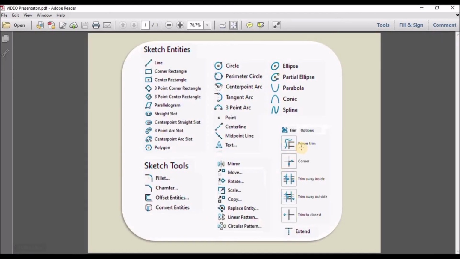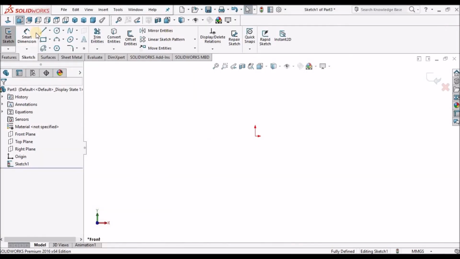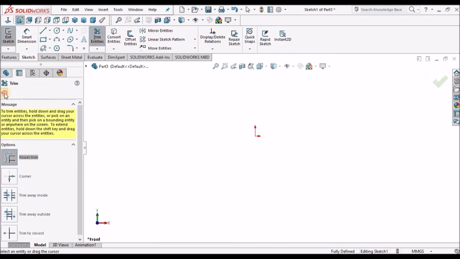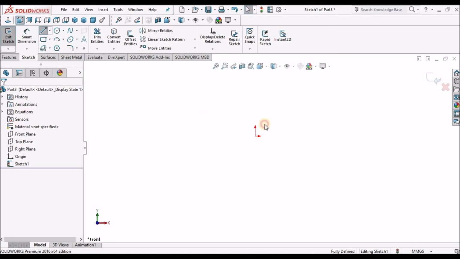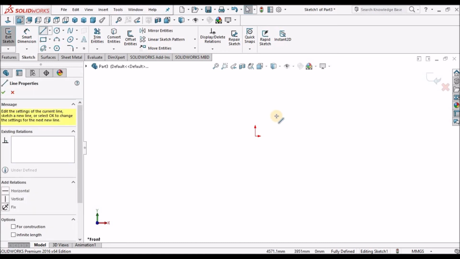Okay, so next are the trim options: power trim, corner trim, trim inside, trim outside, trim to closest, trim extend. Before going to trim, I'll draw lines.